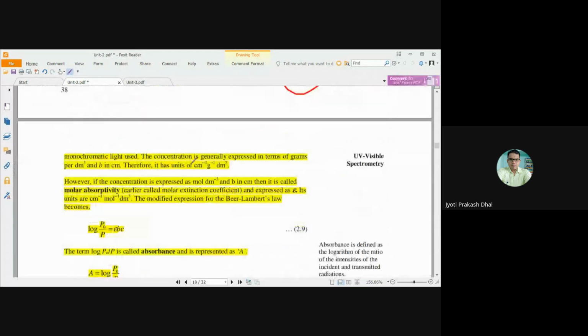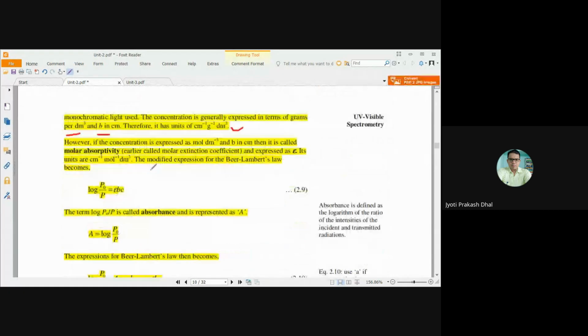Now the concentration is generally expressed in terms of gram per decimeter cube, and the unit of b is generally expressed in centimeter. Therefore, it has a unit of gram inverse, centimeter inverse, decimeter cube. However, if the concentration is expressed in moles per decimeter cube and b is in centimeter, then it is called molar absorptivity or molar extinction coefficient, and that is expressed as epsilon. It has the unit centimeter inverse, mole inverse, decimeter cube, and the modified expression for the Beer-Lambert's law,